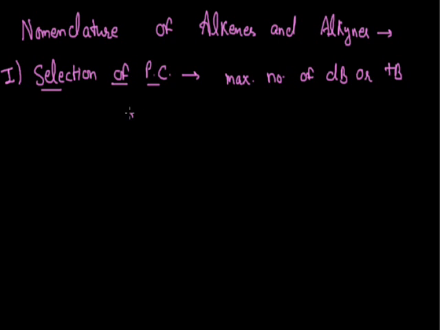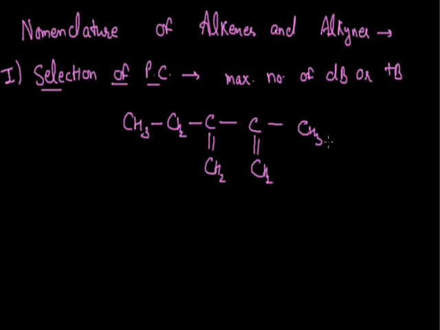Such as, if we apply the rule to an organic compound having the skeleton structure CH3CH2 connected with a carbon atom, which is connected by a double bond with a CH2 group. Now this carbon's other group, again a CH2 group, is connected with a CH3 group. For this compound, if we select the parent chain as the starting step for the nomenclature, and start selecting the chain from the right-hand side, then after moving to the second carbon atom, we have two options. We can move in the downward direction, or we can move to the left.